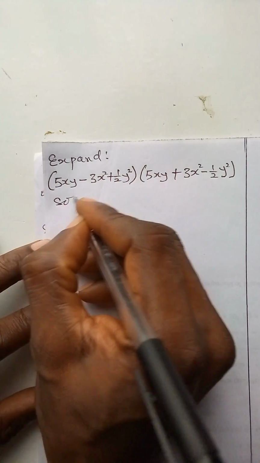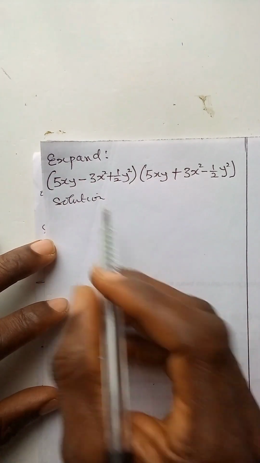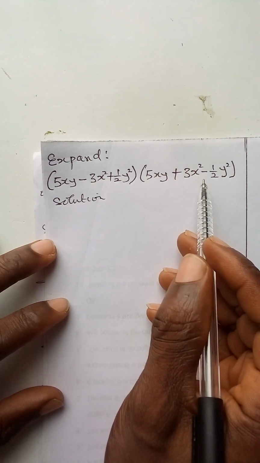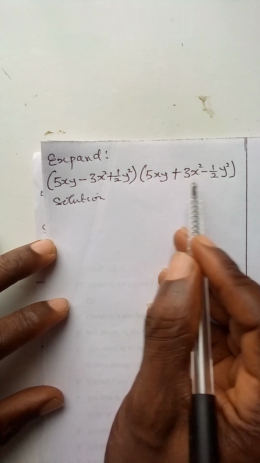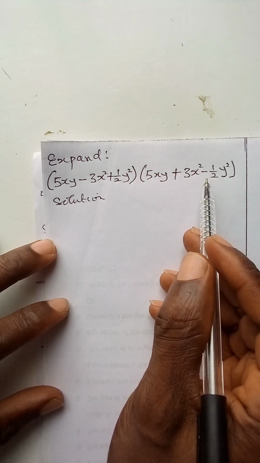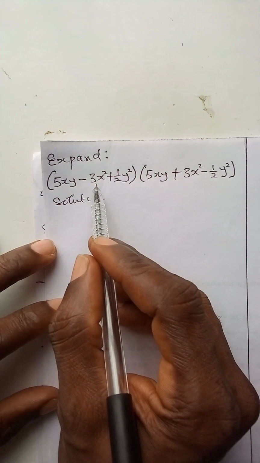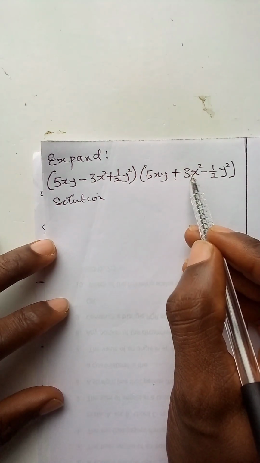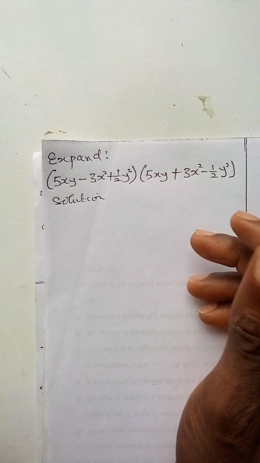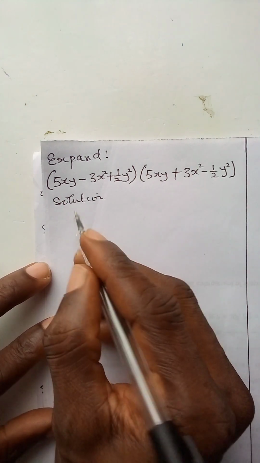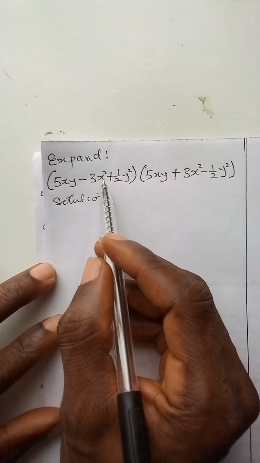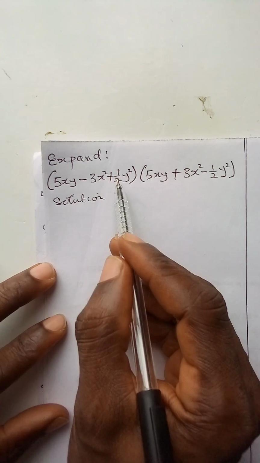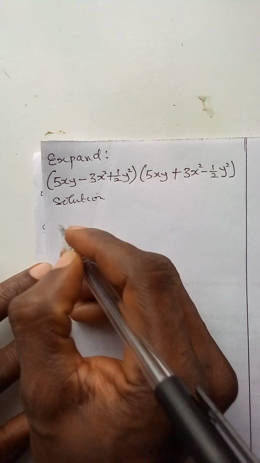In this video, we are required to expand. Now, if we observe the brackets closely, we'll see that we can factorize minus and make it look like the second term in the second bracket. So we are assuming that the second and the third term in the first bracket and the second and the third term in the second bracket constitute just a term. To proceed, we need to factorize the minus sign from the second and the third terms in the first bracket. It becomes